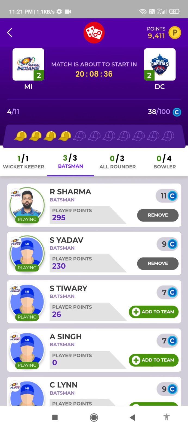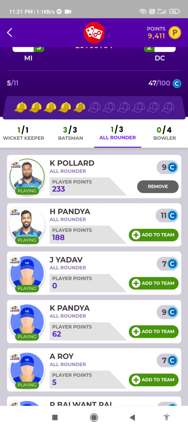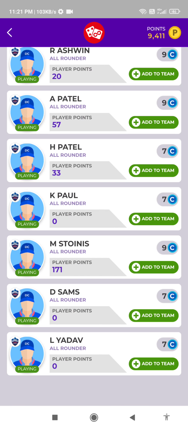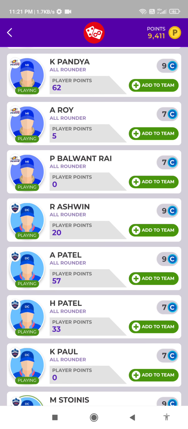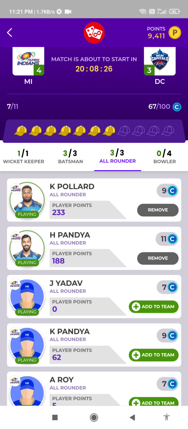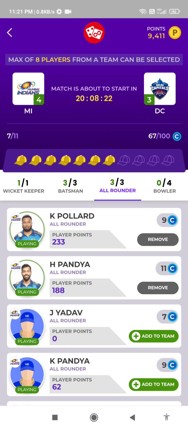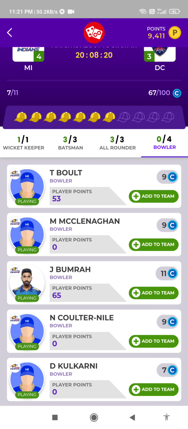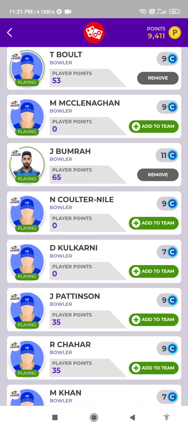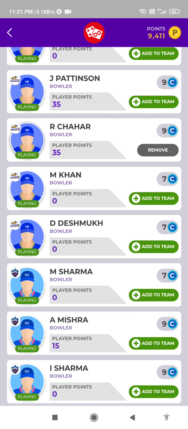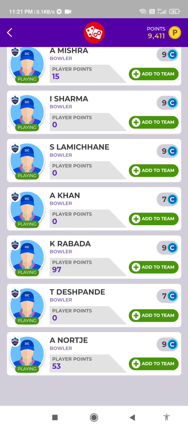So 3 batsmen I took. All rounders: Hardik Pandya, Stoinis. In the bowler section I am choosing J Bumrah, T Bolt, R Chahar, and K Rabada.